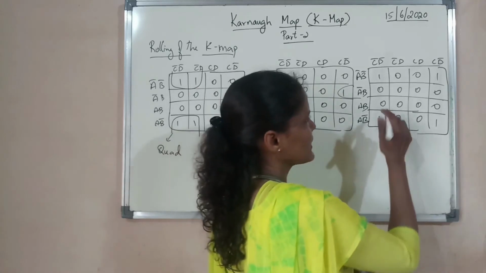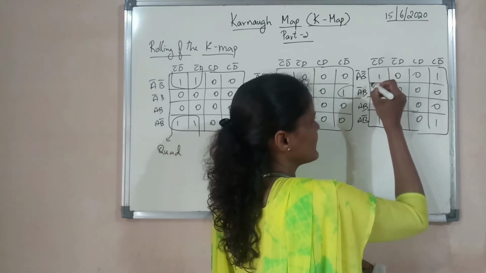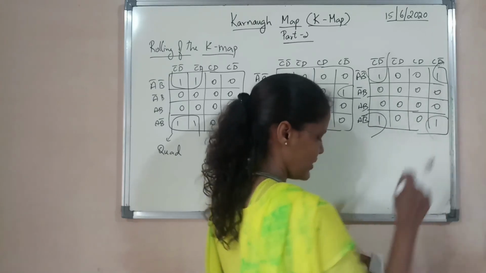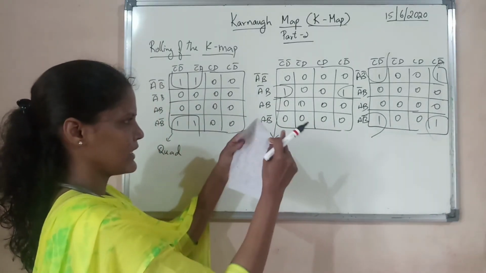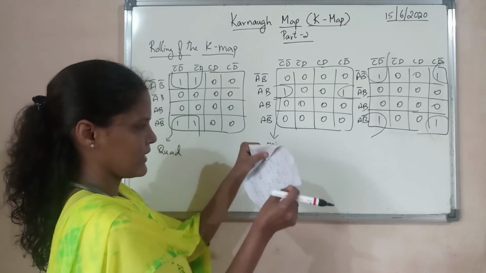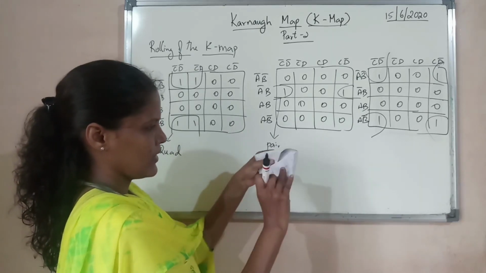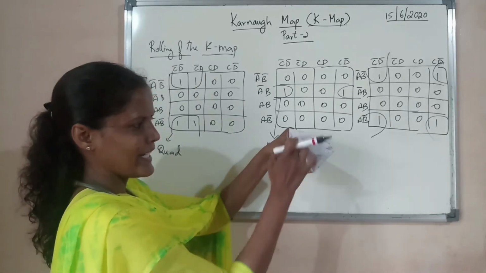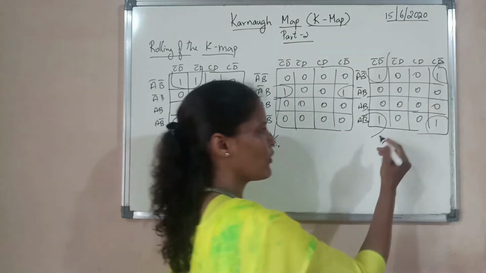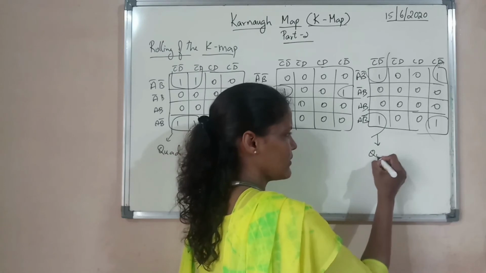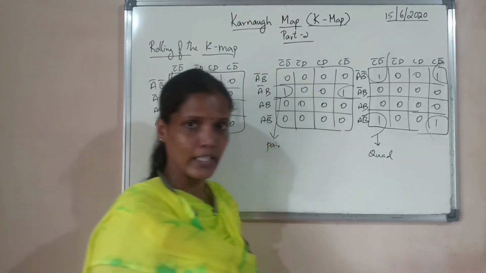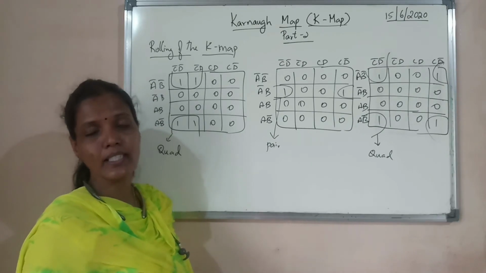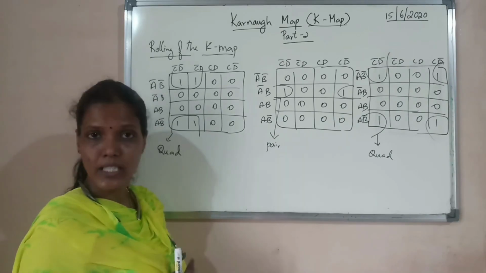And coming to this particular example, these corners can be rolled. It's simply like this. Corners can be rolled like this, and the 4 ones will come adjacent to each other. Again, 4 ones are there in the picture, so even this can be considered a quad. By rolling these ones, we can easily simplify the given Boolean expression using this K-map.